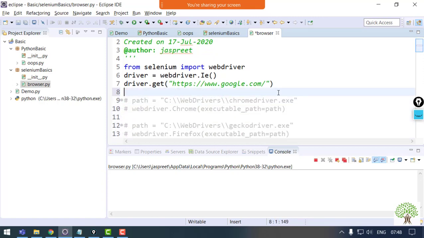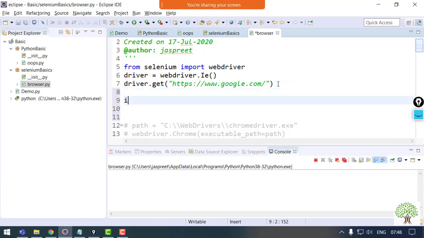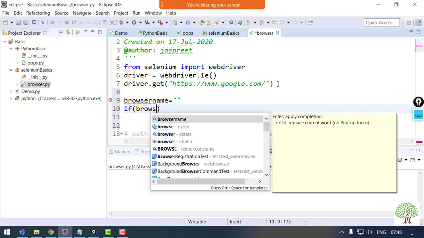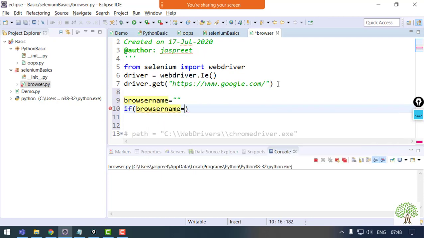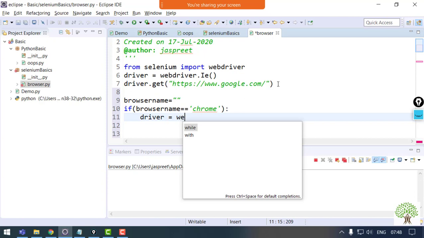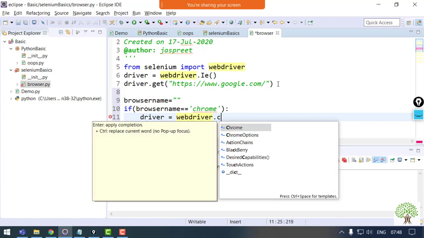You can have an if-else condition over here, or a variable in which you pass the browser name, and you compare it. If the browser name is equal to Chrome, then I need to open the Chrome browser, so I'll say driver equals WebDriver dot Chrome.